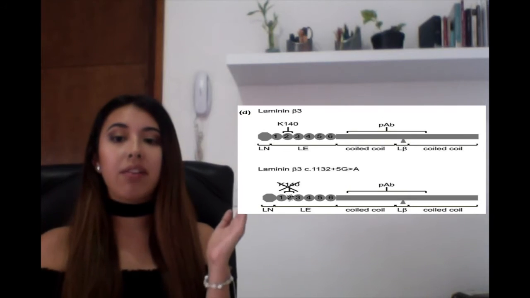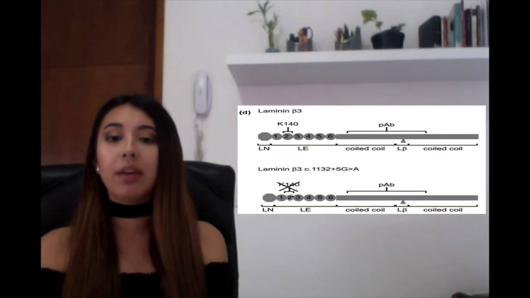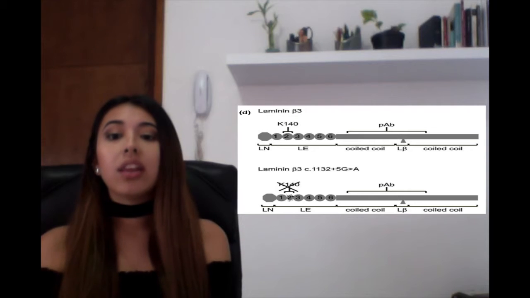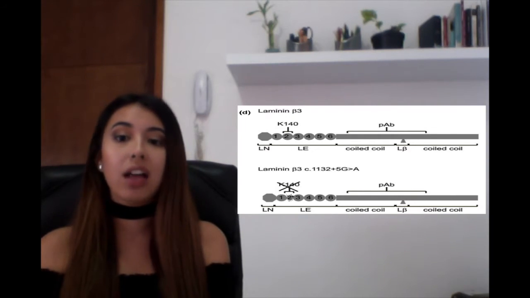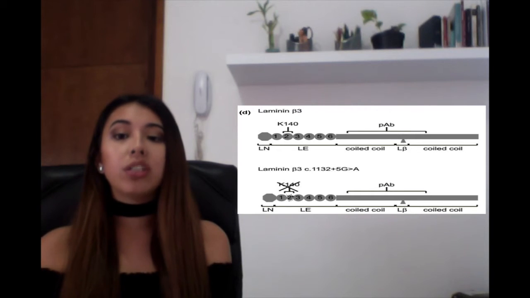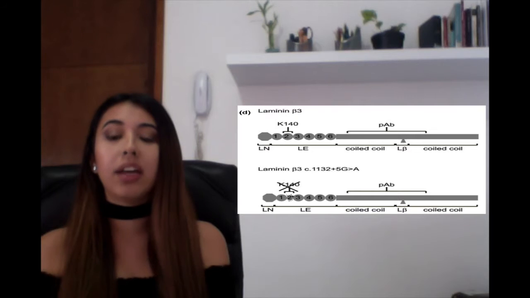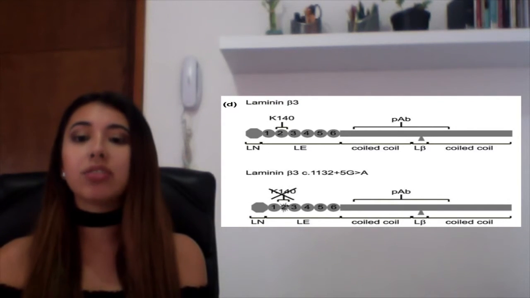As shown on this graphic, where they compare 2 different beta-3 short arms of laminin, one has the ELE2 and one doesn't. The one that doesn't have the ELE2 doesn't react to the antibody K140, whereas the one that does have it reacts to the antibody, proving that the ELE2 in the beta-3 short arm is the region